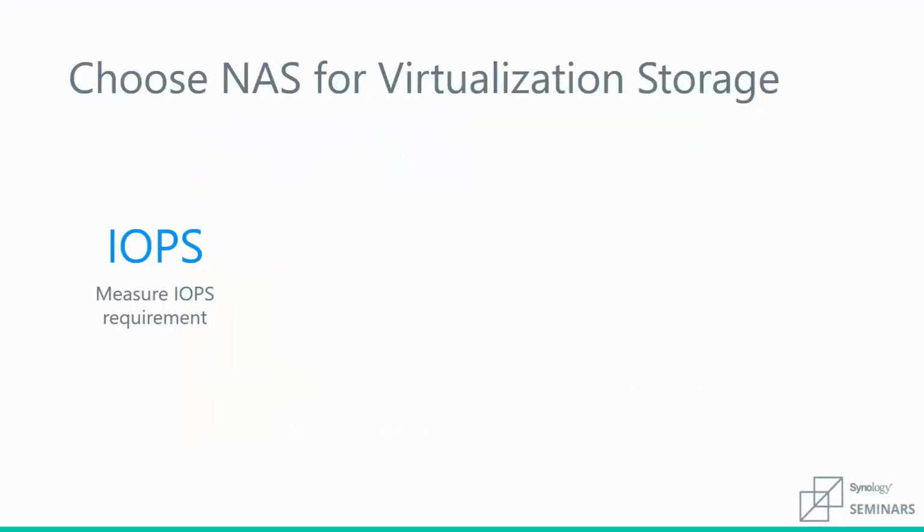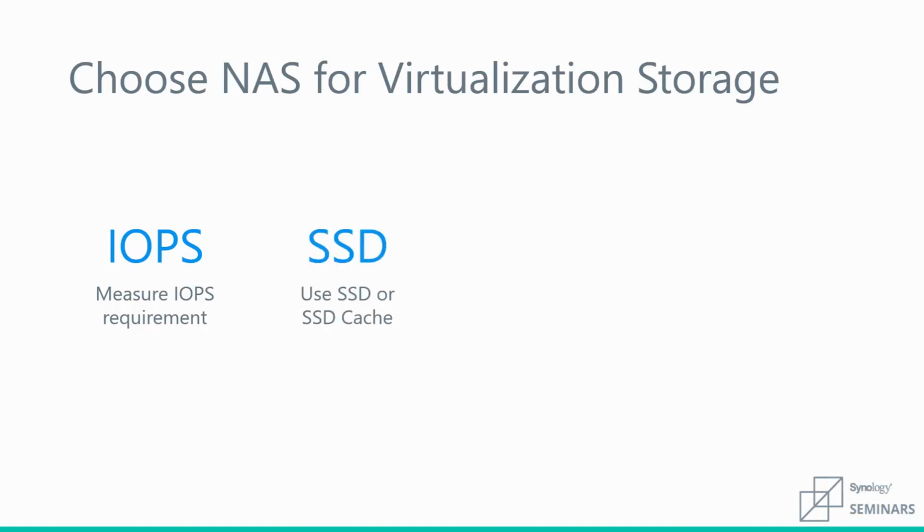Now that you're familiar with the new iSCSI manager and able to create LUNs and targets, let's look at selecting a NAS for virtual storage. First, we need to know our IOPS requirement. IOPS measure the number of input and output operations per second performed by the environment. This number varies depending on the workload of the virtual